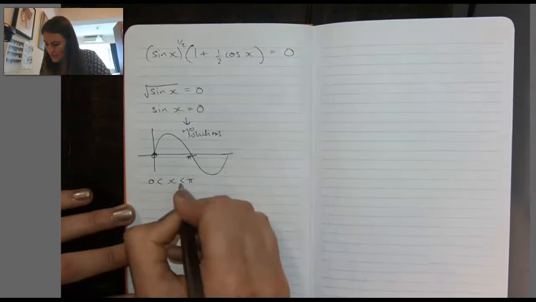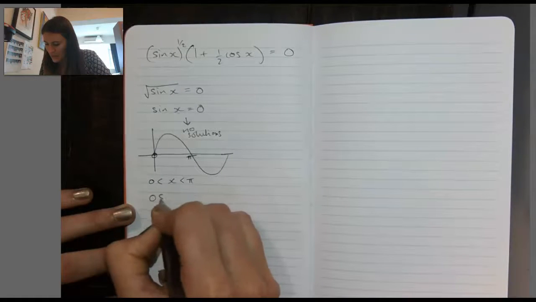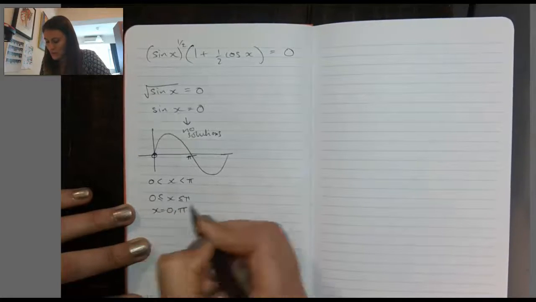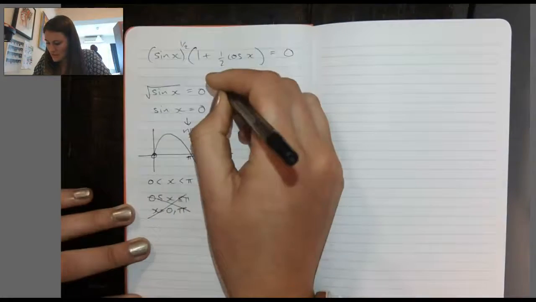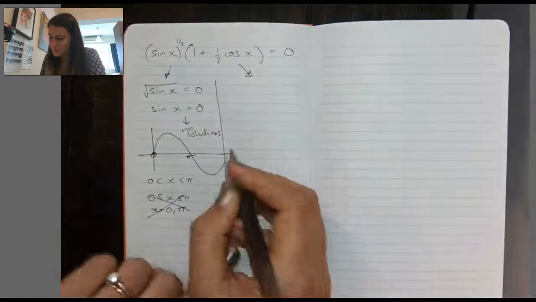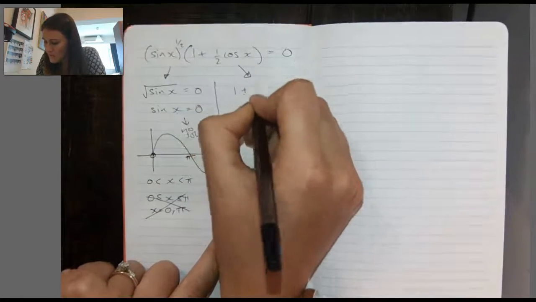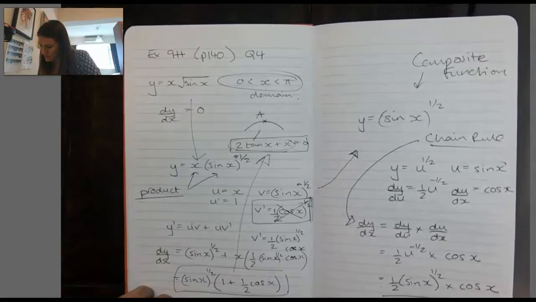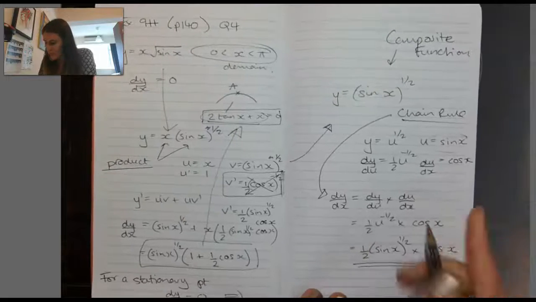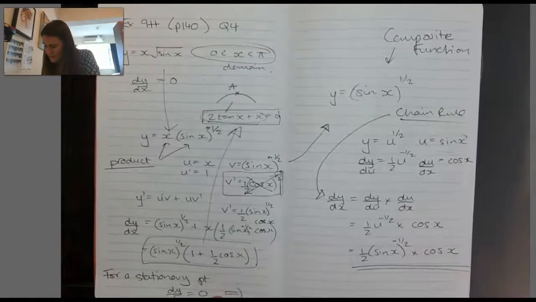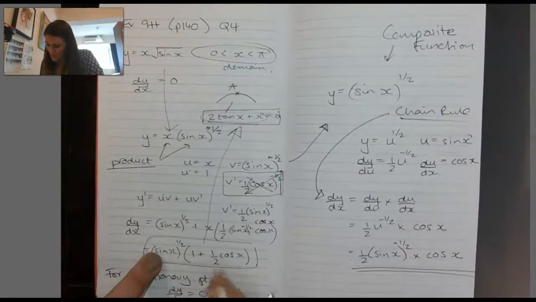It's worth noting that if we'd had this, we would have had two solutions here. We'd have had x could be 0 or pi, but we don't have that. So our other solution has to come from this side. So I've got 1 plus a half. Hang on, I think I've made a mistake here. I have. This should be a minus half, which means this should be a minus half, which means there should